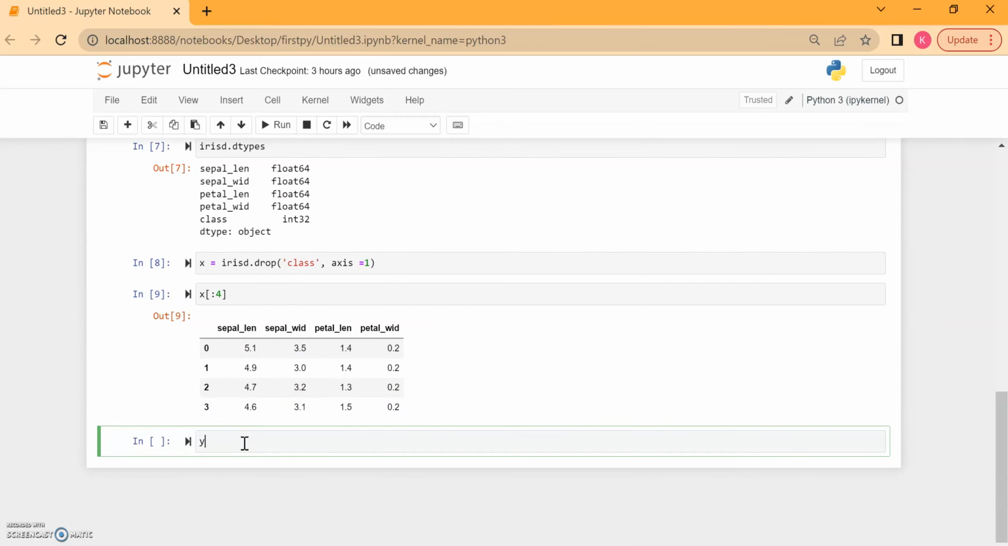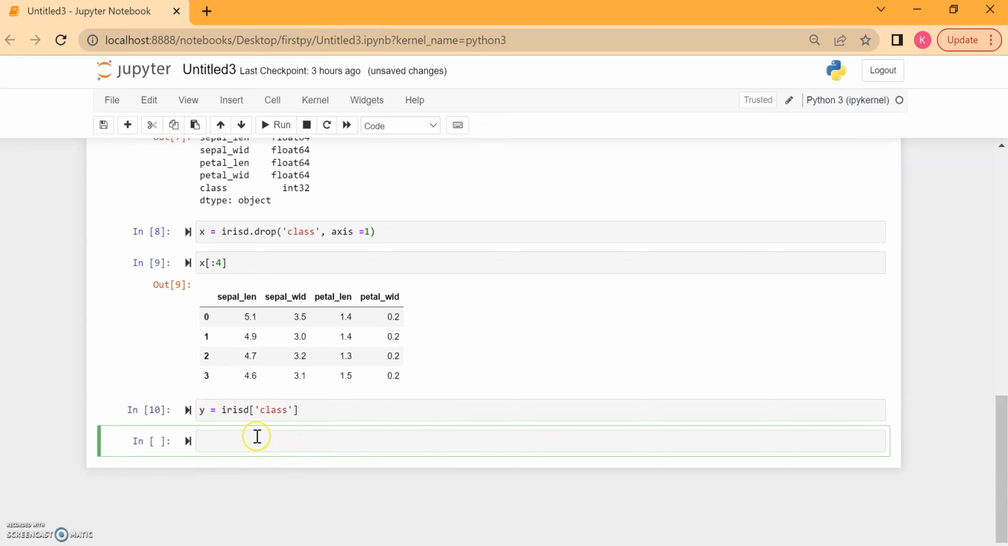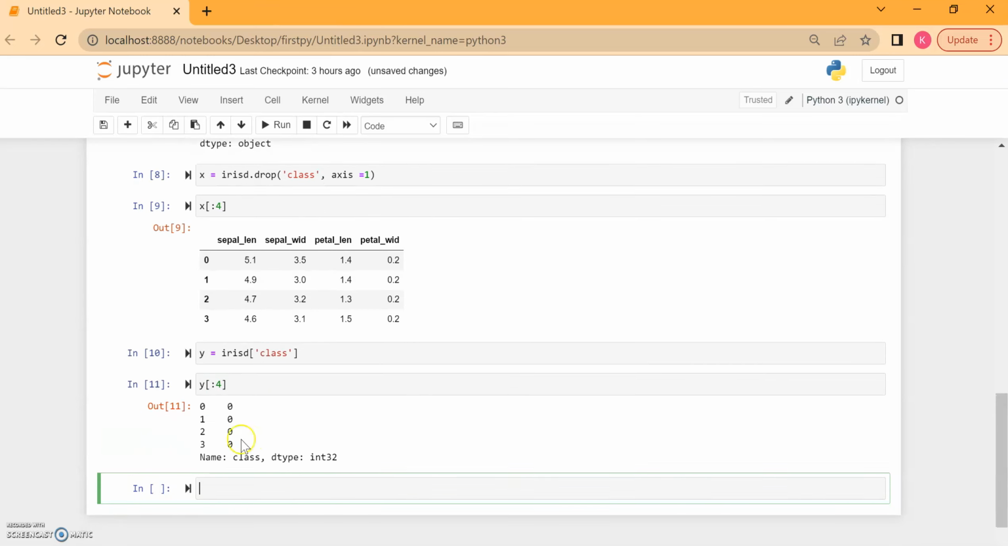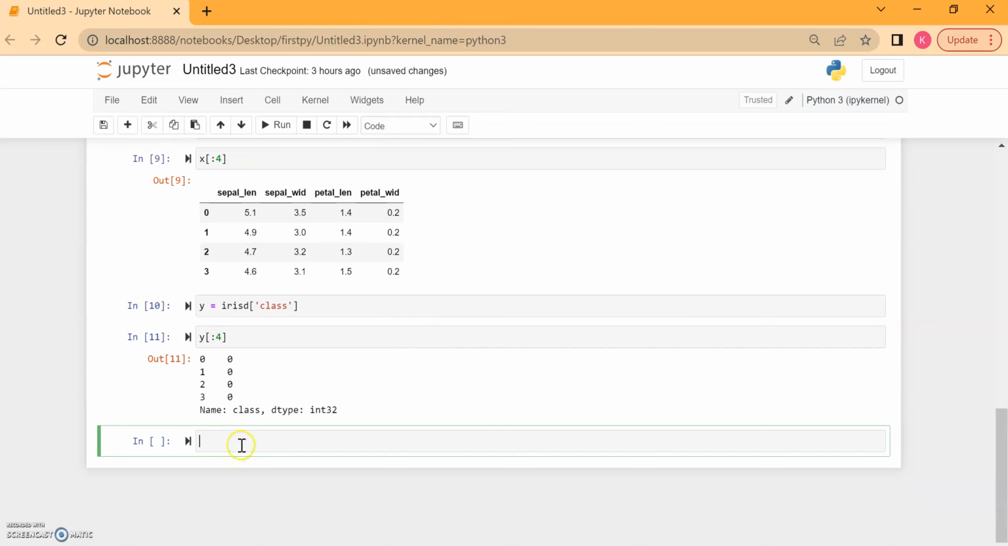The next one is the y. You remember the y? So y is definitely the last column here. It's gonna be the class. So it's gonna be y is equal to iris_df, then the class. Let's check the first four. Perfect. You see, we got the 0 0 0 here, which is what we have here. So with that being said,